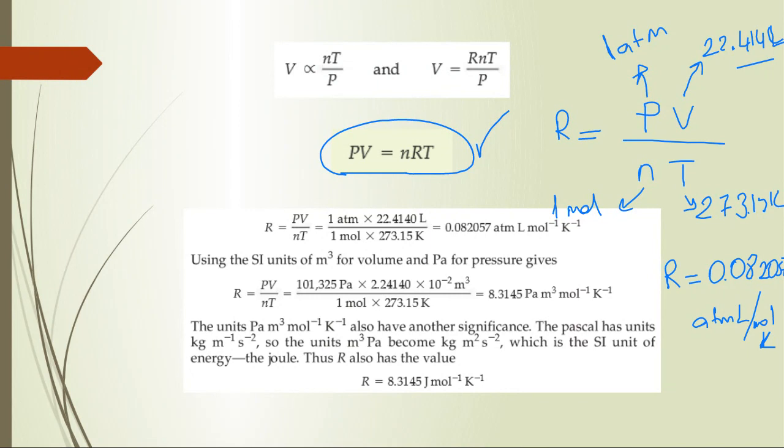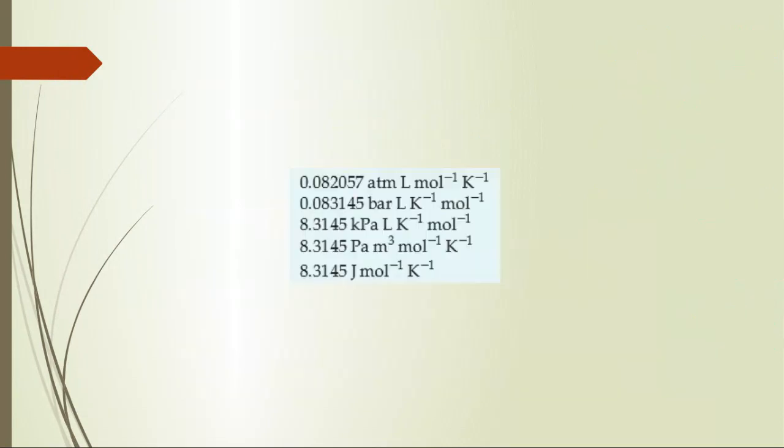If the question asks you for bar, you have to convert that. Don't forget that the R units are very important. For example, if they ask us for atm, R will be like that. If they ask for bar, it will be like that, but the others are also important. For kilopascal,